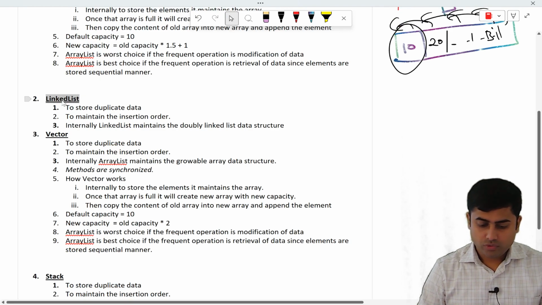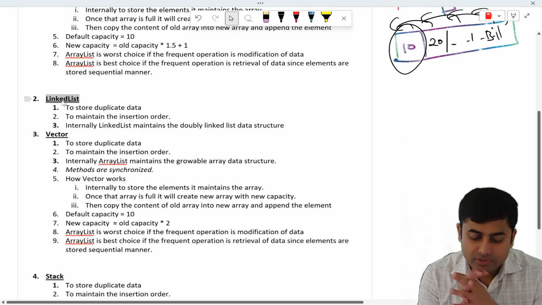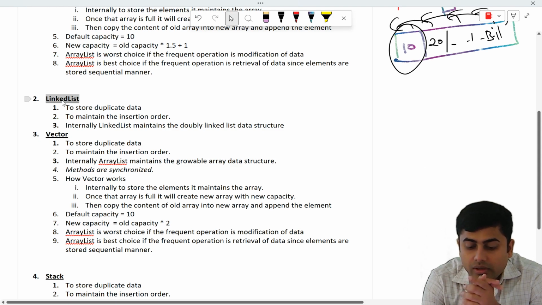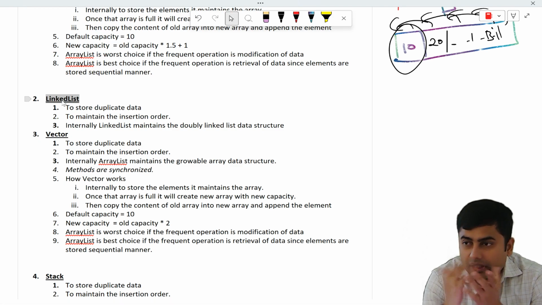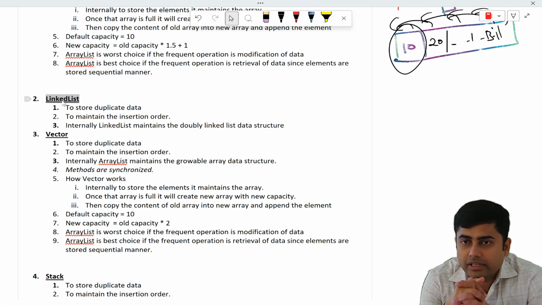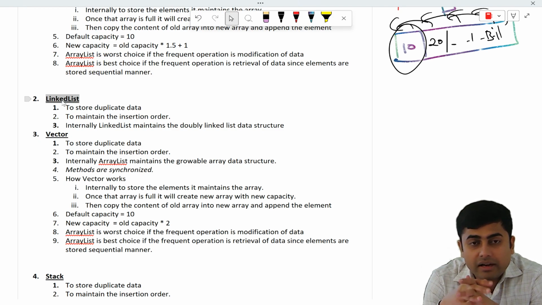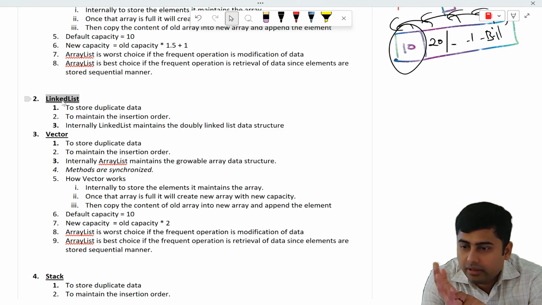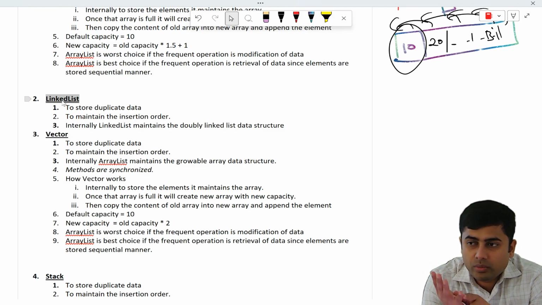अभी मैं आपको क्वेश्चन पूछता हूँ कि अगर आपको एरे लिस्ट यूज़ करना है या वेक्टर यूज़ करना है या लिंक लिस्ट, आपको बताने आ सकता है. You will be able to explain that when to use ArrayList. एरे लिस्ट कब यूज़ करना चाहिए? क्लास. अगर आपको डुप्लीकेट डेटा स्टोर करना है, इंसर्शन ऑर्डर चाहिए, you want to maintain homogeneous as well as heterogeneous,